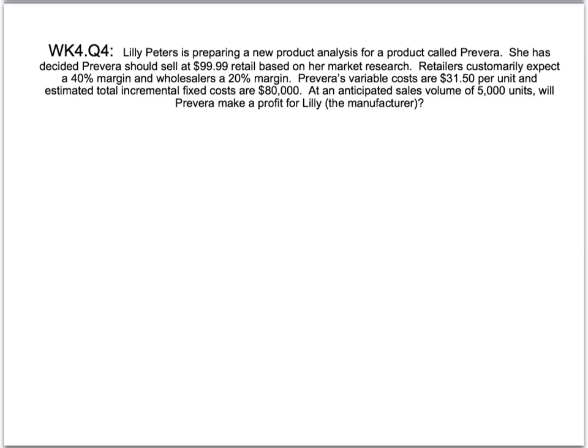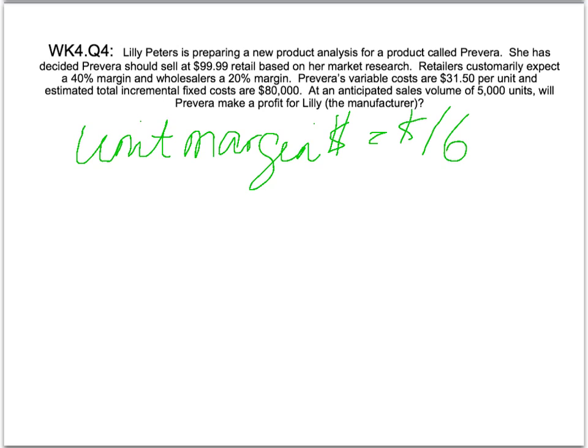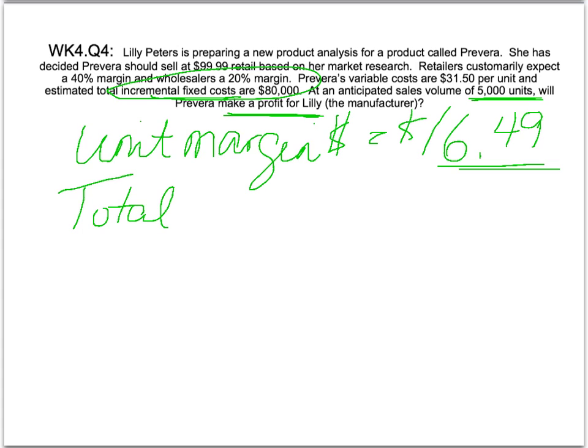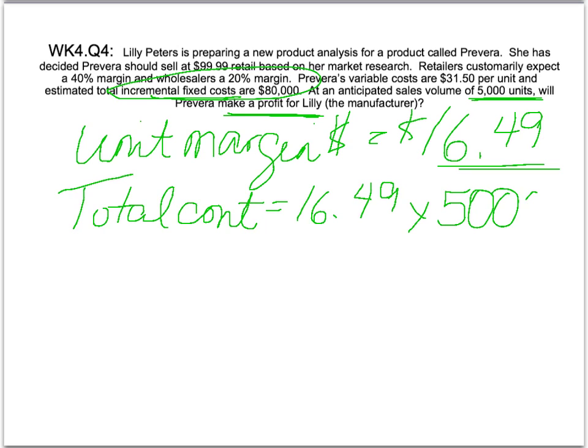Okay, let's jot down our unit margin from the previous slide in dollars for Lily: $16.49. Okay, we know she thinks she's going to sell 5,000 units. We're wondering whether at this unit margin and this incremental fixed cost, will we make a profit? Well, what we do is we calculate our total contribution by taking $16.49 per unit times 5,000 units, for a total contribution of